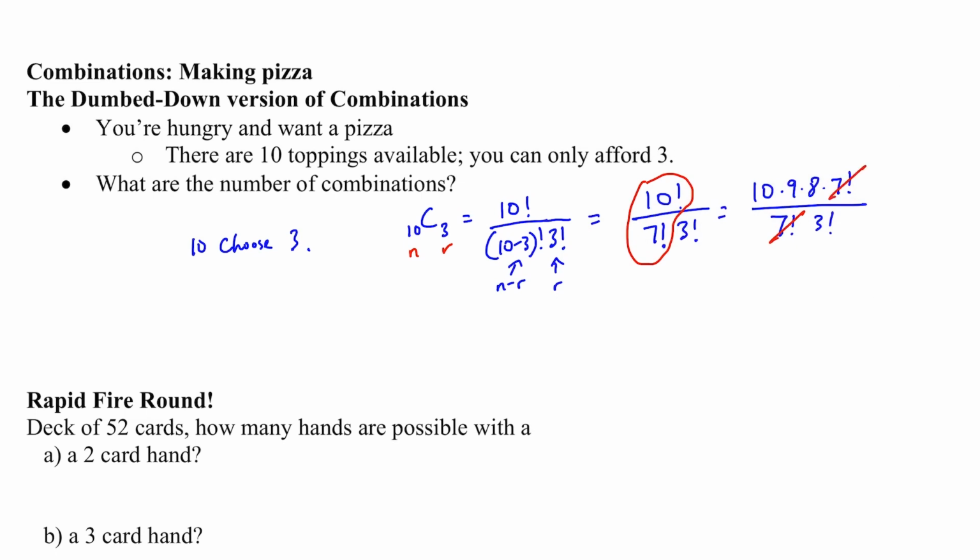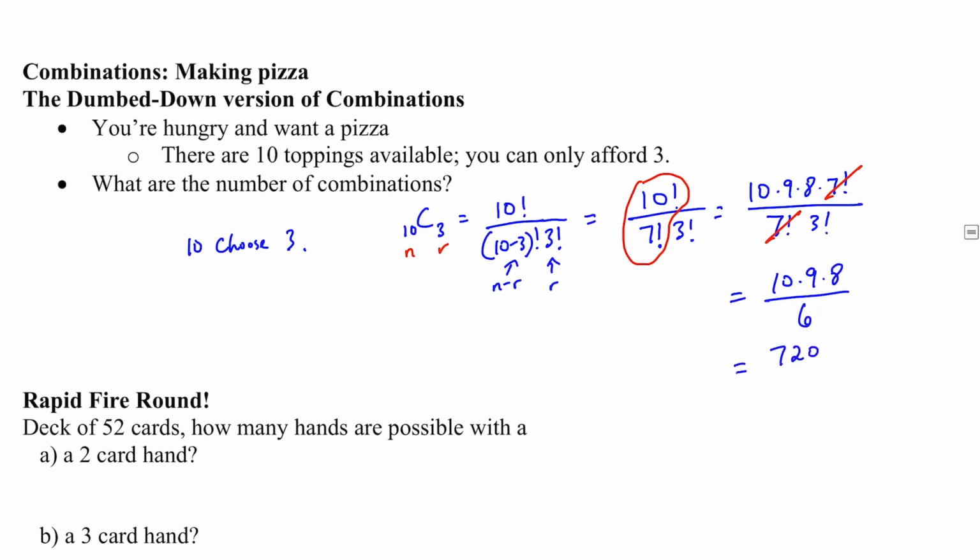And what happens is these 7 factorials will cross out, which leaves us with 10 times 9 times 8, and 3 factorial is 6. Well, 10 times 9 times 8 is 720. Divide that by 6, and we're left with